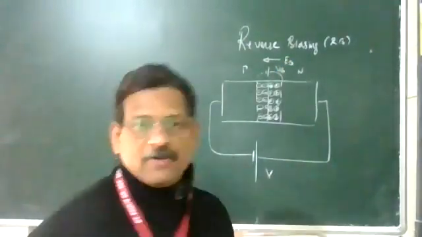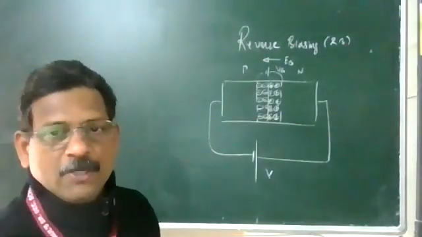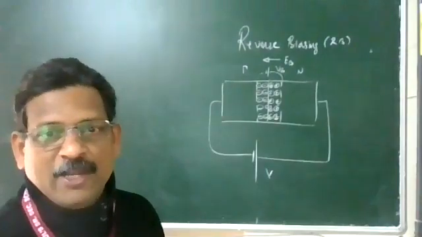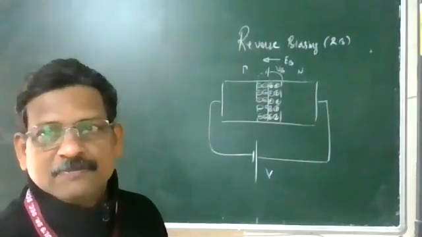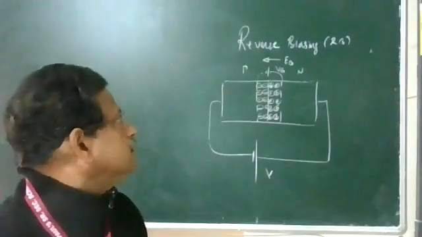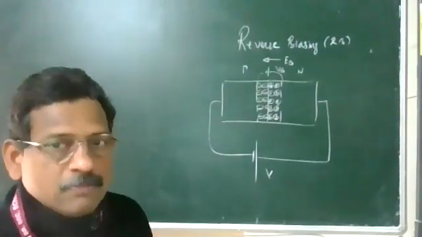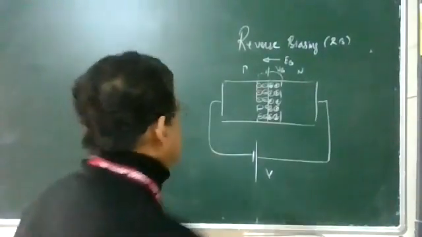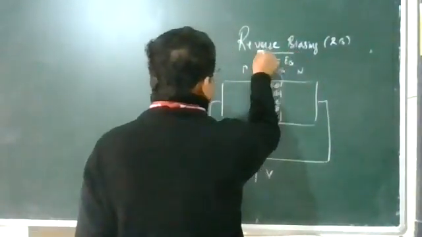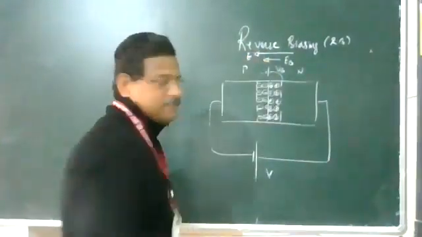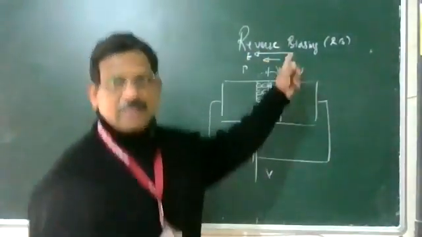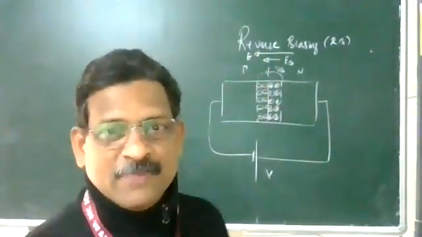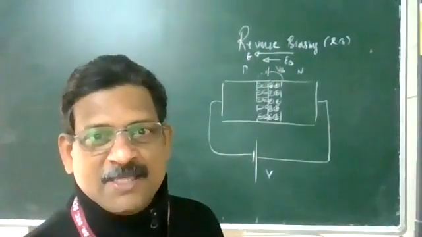Barrier electric field is always from the N side to the P side. Okay. Now you just tell me, what is the direction of the applied electric field during the reverse bias? Anyone? Right to left. Right side to left side. The applied electric field is from right to left. You look at the direction of both electric fields. Applied electric field and barrier electric field are in the same direction.